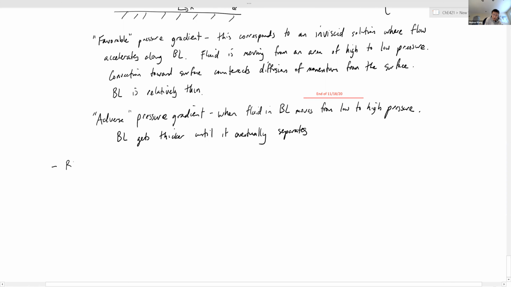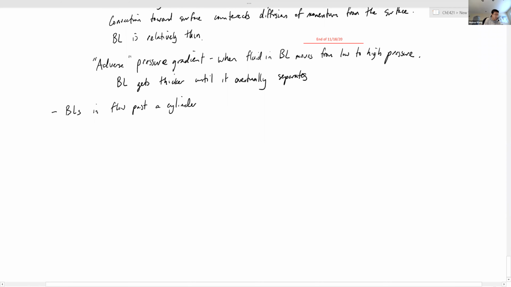So let's look at boundary layers in the flow past a cylinder case. The reason is just because this calls back a little bit to what we talked about in inviscid irrotational flow, right? Remember, in inviscid irrotational flow, we used the potential function, and we were able to write down the exact solution for what inviscid flow would be past a cylinder. That inviscid flow solution, at least towards the front of the cylinder, looks something like this. I'll try and do a better job when I draw that. It looks something like this, right? The streamlines would come in like this.